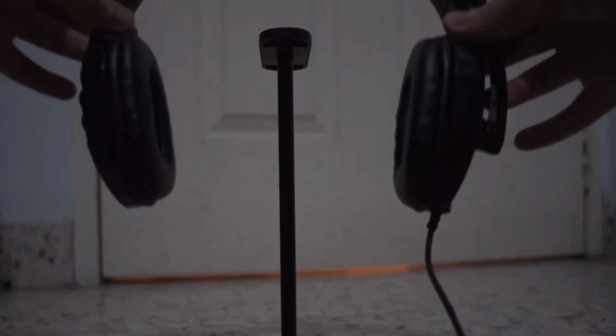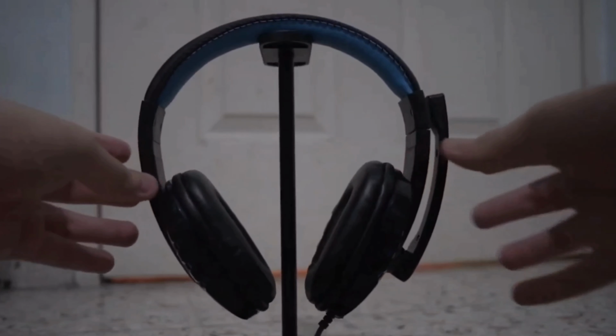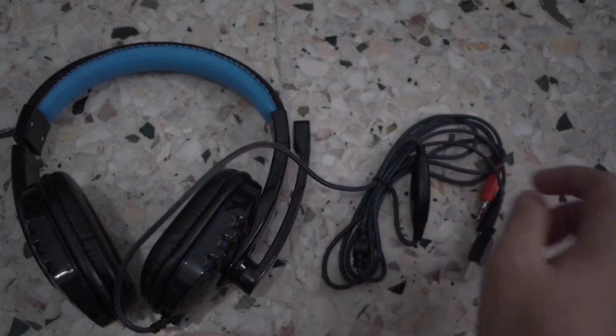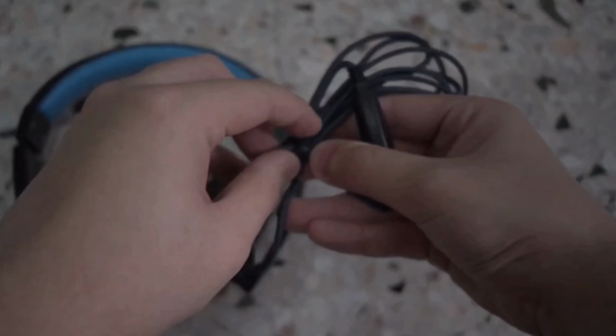Directionality feels pretty stereo, kind of like right and left rather than all around you, and the soundstage feels like speakers on each ear at about a couple of inches away from you, aka not being that wide. And for all of its criticism, it is still very good for the price of $10, especially in the microphone